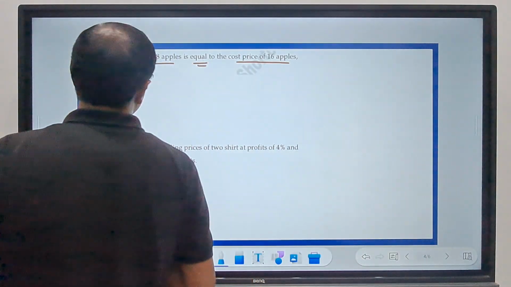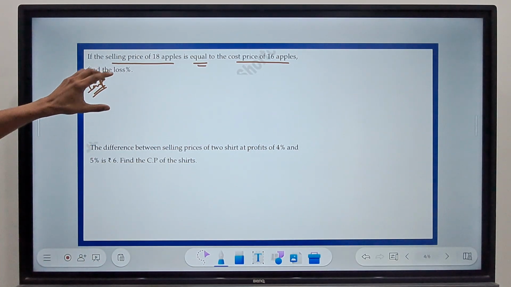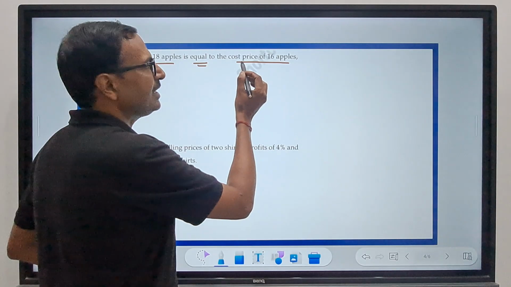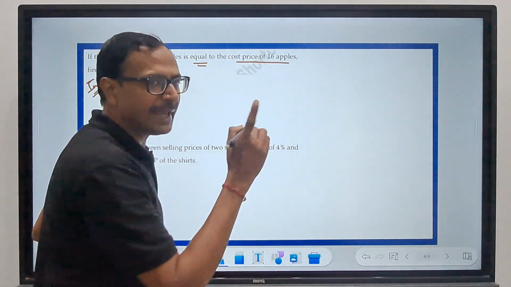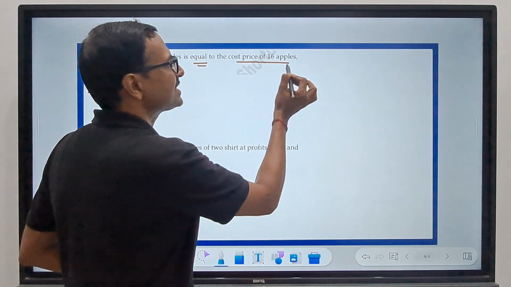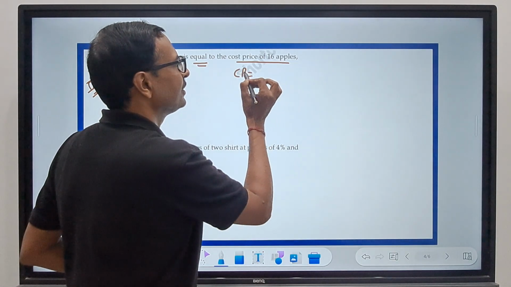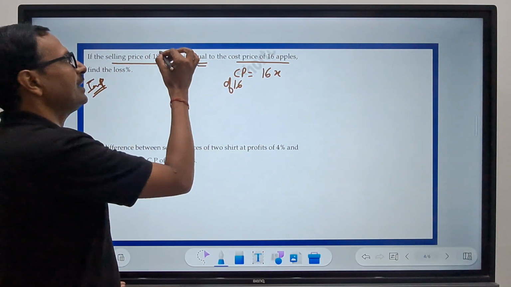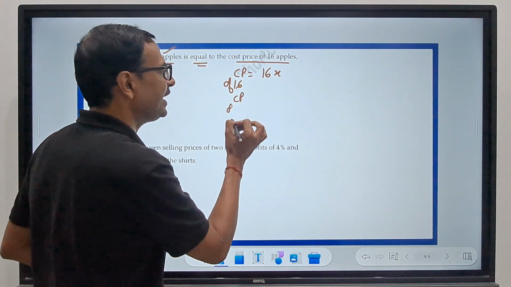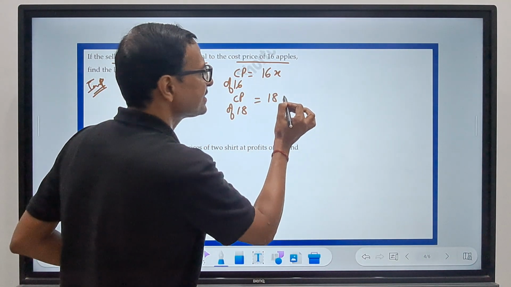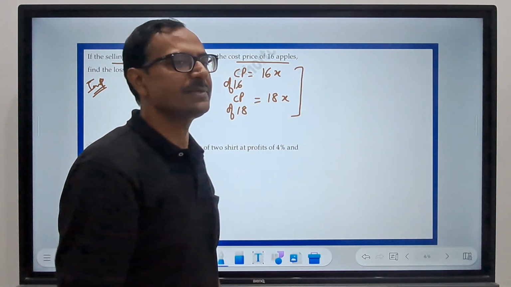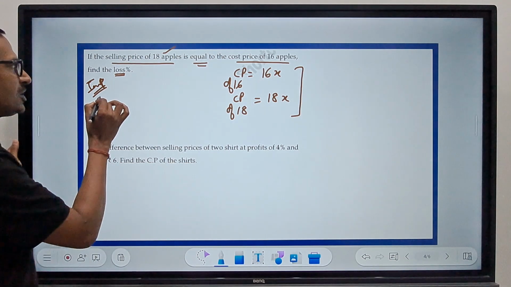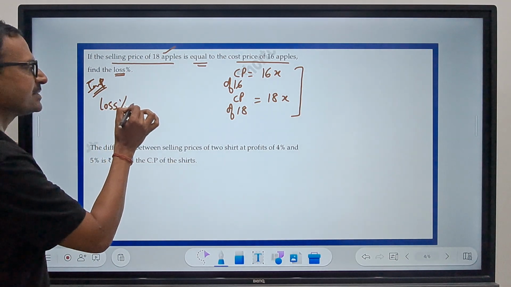The second important thing, the difference in the cost prices. Here, if you assume the cost price of one apple to be x, then the CP of 16 apples is 16x, and the CP of 18 apples is 18x. The difference in cost prices is actually the loss, and loss percent is always calculated as loss